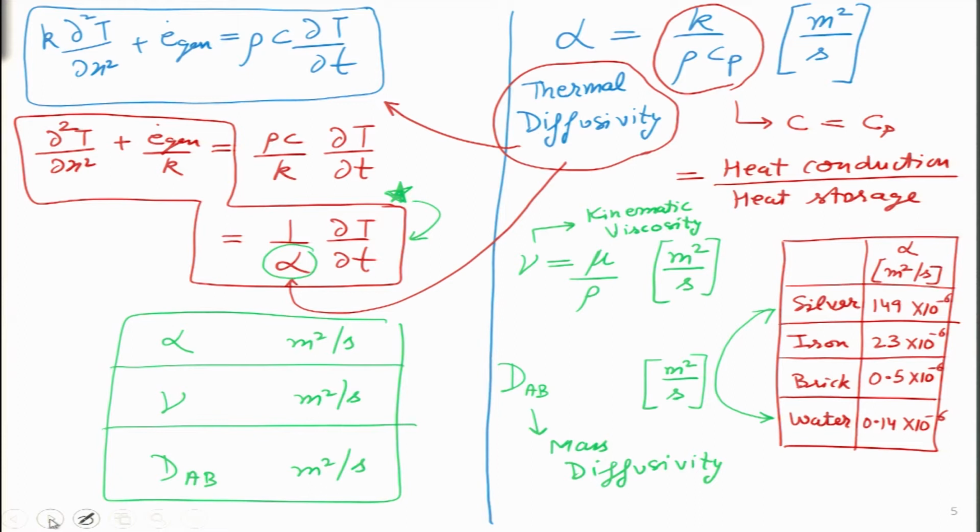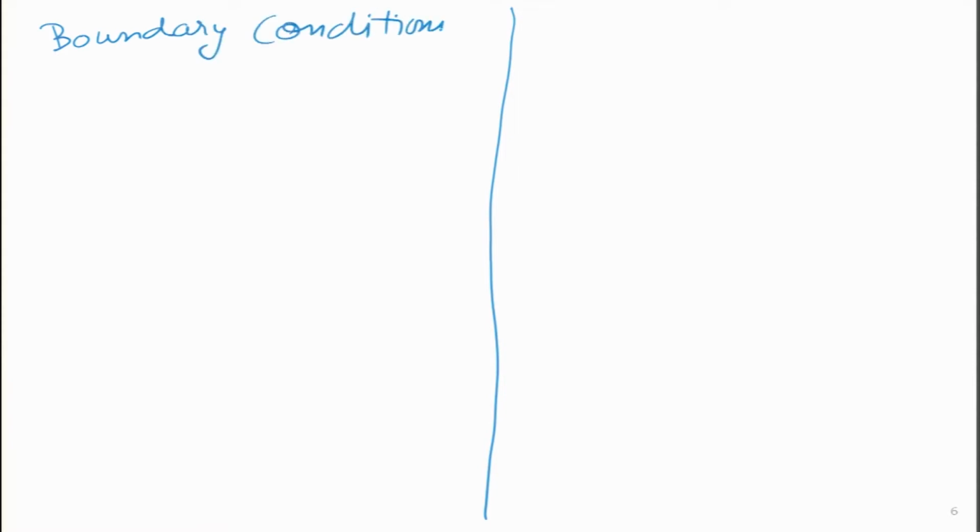Moving on to the next slide, now let us try and see a few cases of boundary conditions. If you remember, we have talked about boundary conditions before, and why is boundary condition important? Because whenever we want to solve some sort of an equation, whether it is ODE or PDE, in this particular case we are solving the heat conduction equation.